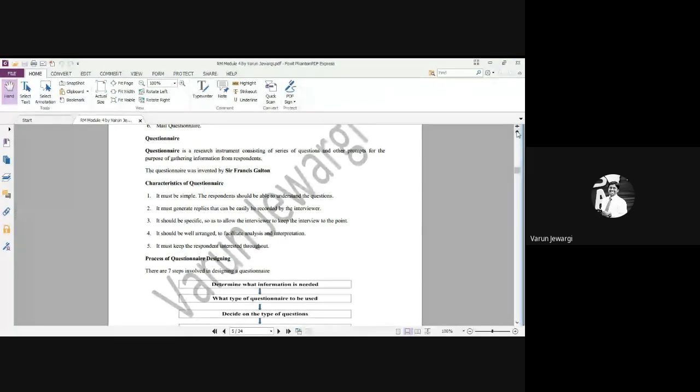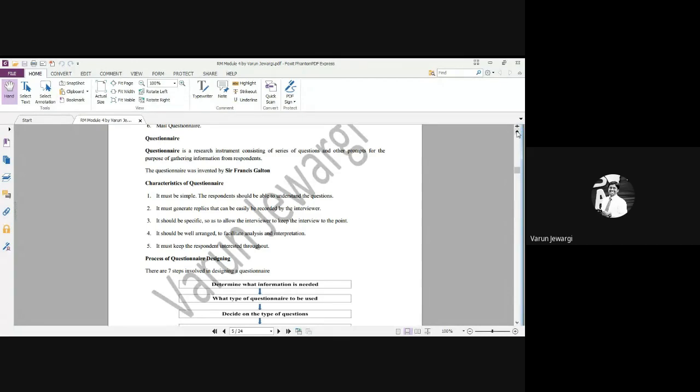So why is this done? This is an easy and comfortable way for the researcher and even for the respondent to answer the questions. It goes in a very systematic order. Whatever the questions are designed, it goes in a very, very systematic order. In the coming part, we'll understand how it goes. Again, a questionnaire is a research instrument consisting of a series of questions. There are n number of questions. It totally depends on the researcher how many questions he wants to plug in, until he gets the results. After that, he'll collect the responses, analyze the data and finally submit the report. Basically, he wants to know what the respondent is thinking.